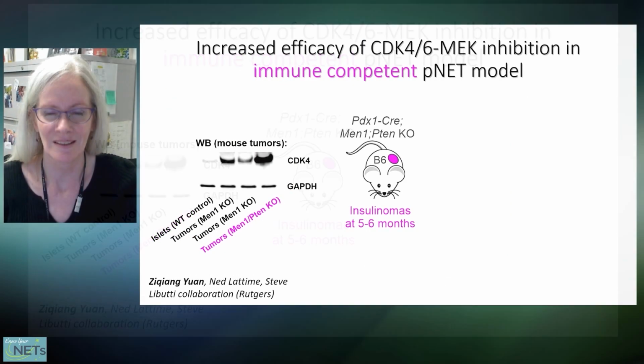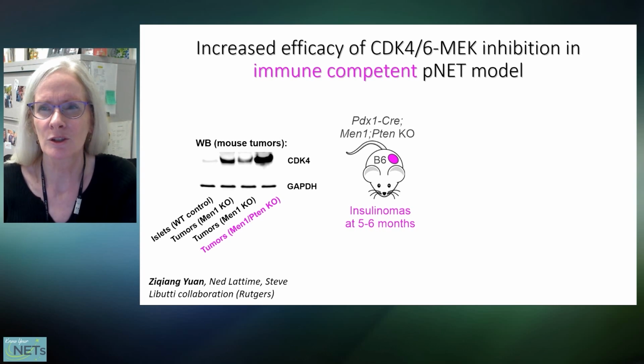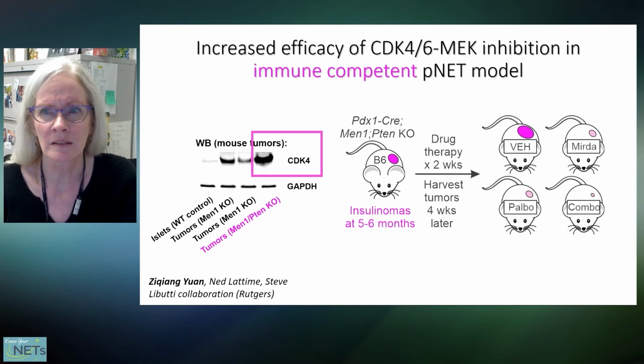So the mouse PNET models shown so far were immune deficient. That led us to collaborate with doctors Yuan, Latime, and Labudi at Rutgers to evaluate our drug combination in MEN1 PTEN double knockout mice, which are a model of insulinoma, and they are immune competent. These animals were of interest to us because they express high levels of our target CDK4. And we expected to see better efficacy of our combination, including tumor regression, in this model